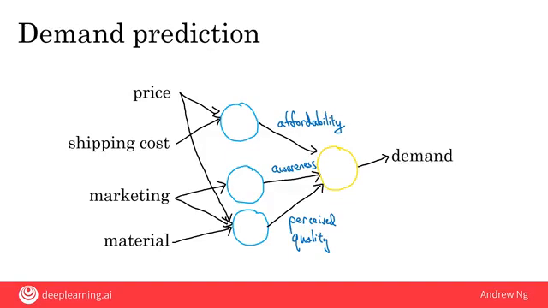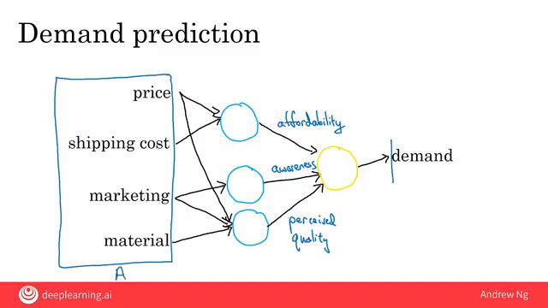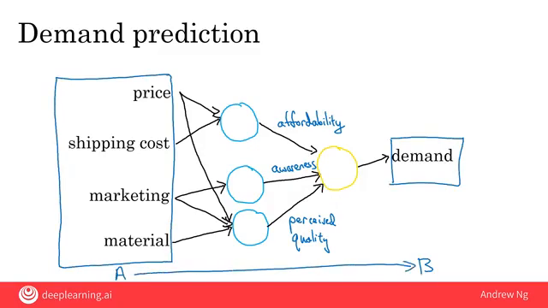So this is a neural network, and its job is to learn to map from these four inputs, that's the input A, to the output B, the demand. So it learns this input to output, or A to B mapping. This is a fairly small neural network with just 4 artificial neurons. In practice, neural networks used today are much larger, with easily thousands, tens of thousands, or even much larger numbers of neurons.